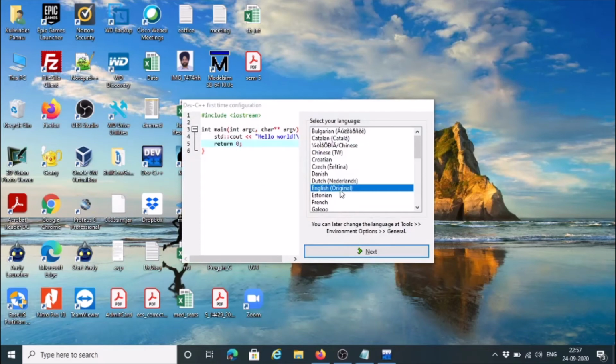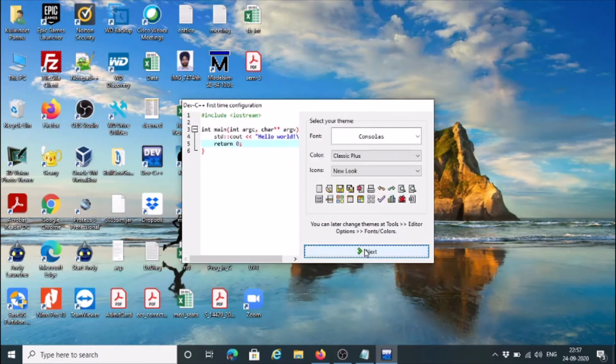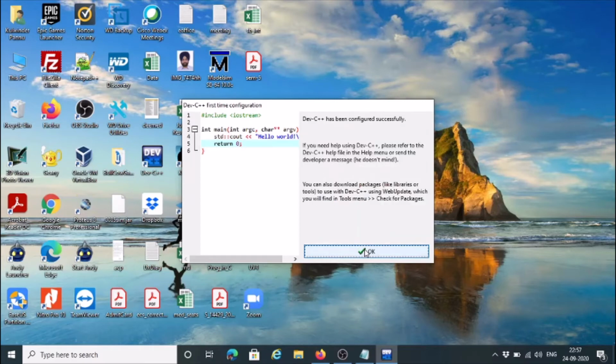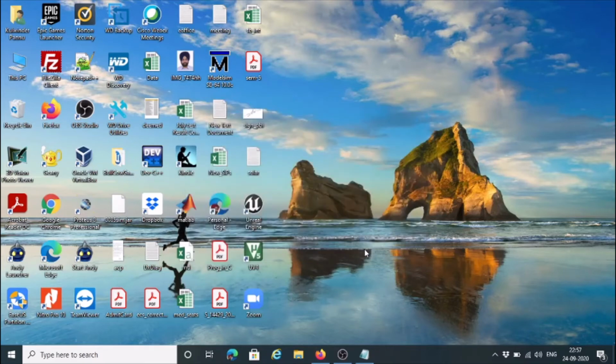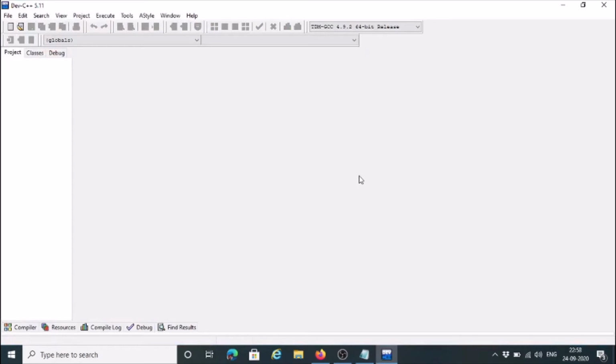So select English original, click next, leave everything as it is, click next, OK. So Dev-C++ integrated environment window will open.